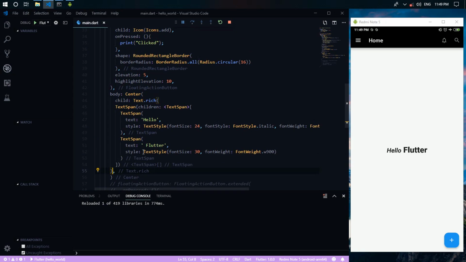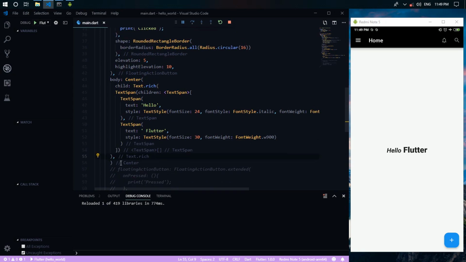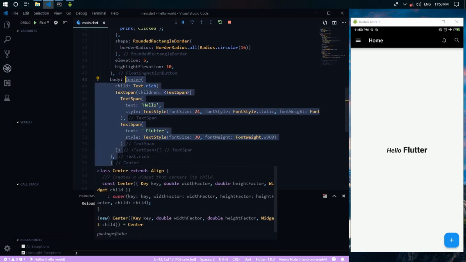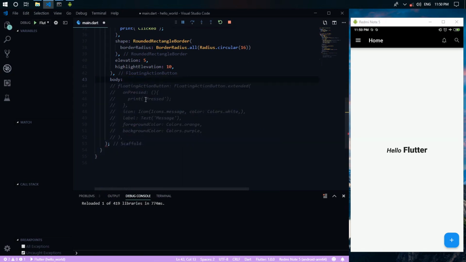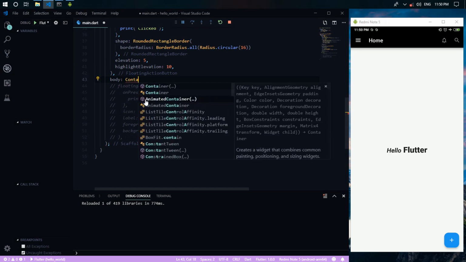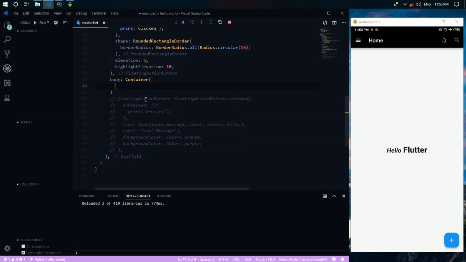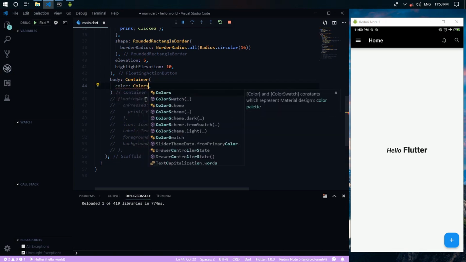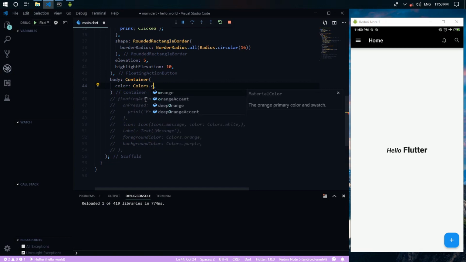And the last is padding. So we can cut this center widget, and maybe we can provide a container widget here, but we will discuss container in detail in the next section. Inside this container, we will provide color, and I want to give it orange.